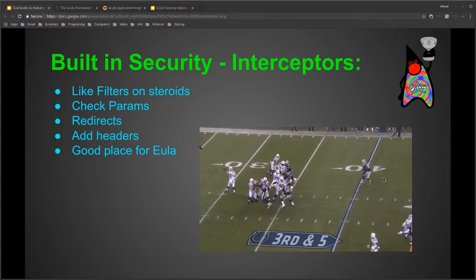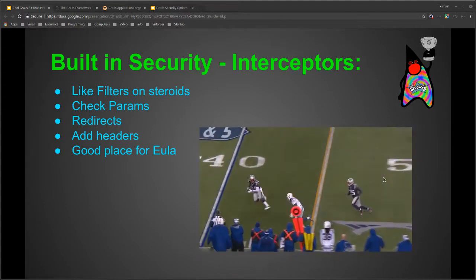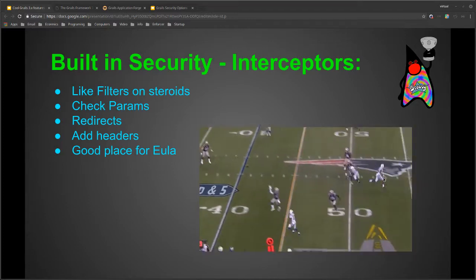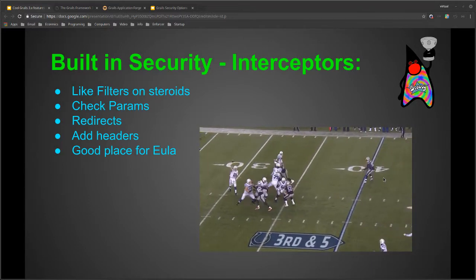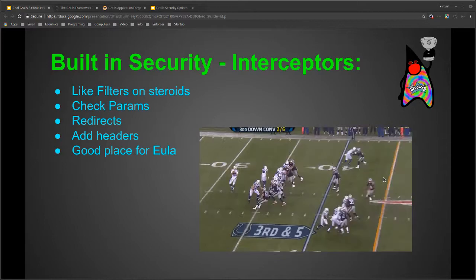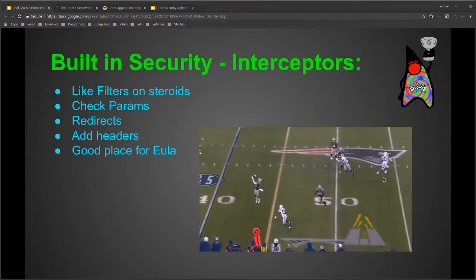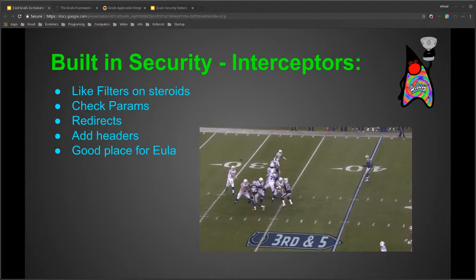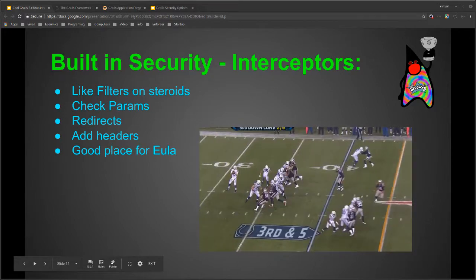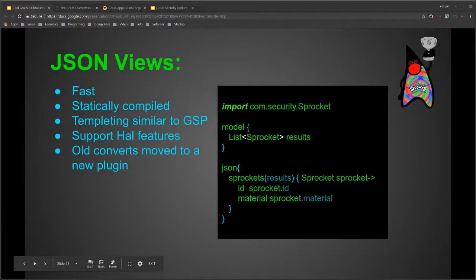Any other questions? Is there any benefit over using render as JSON? Yes, this is much more performant. Like I said, it's statically compiled.